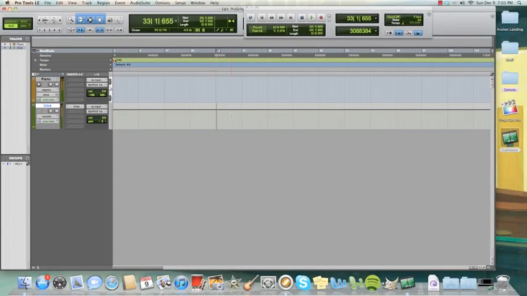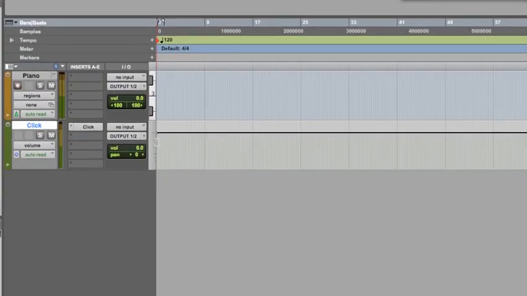Now anytime, if you press enter or return, this is just like where you are on the track where I'm clicking here. If you press enter or return, it's going to bring you all the way to the beginning of the track. So if you just want to start at the very beginning and you're somewhere over here, just press enter, and then I'll go ahead and do that. Right now if I press play,